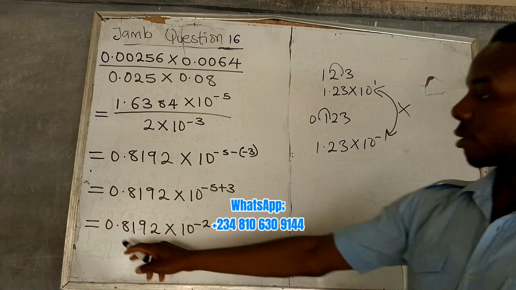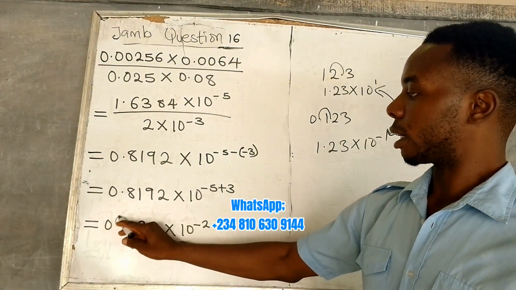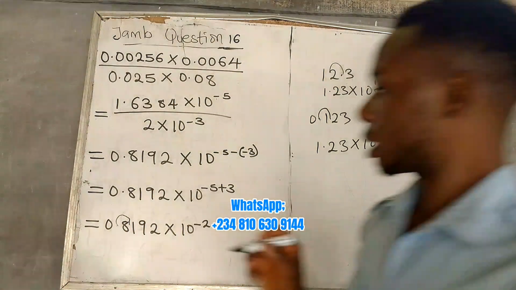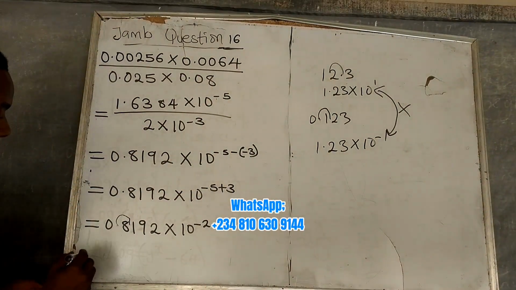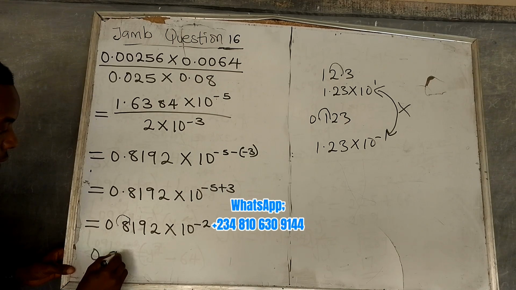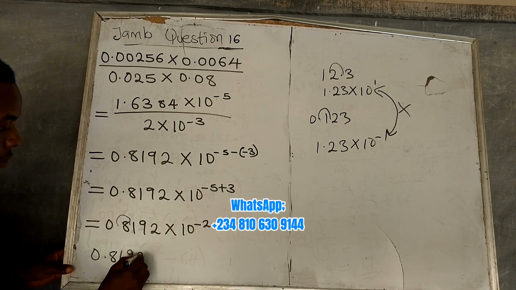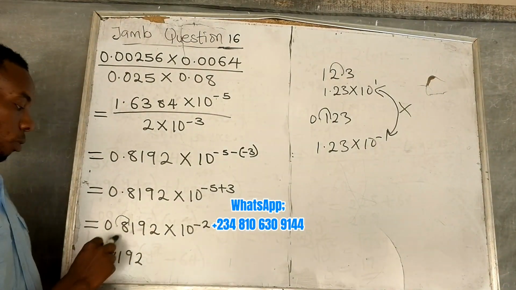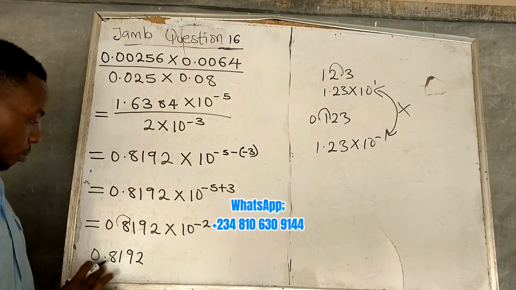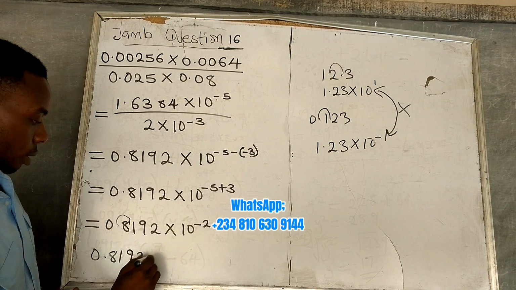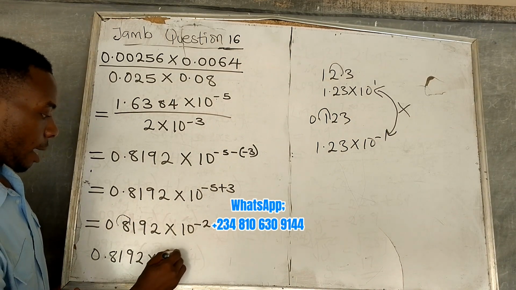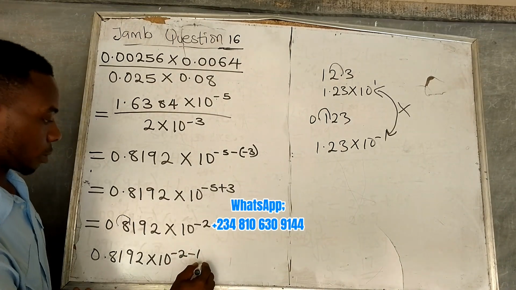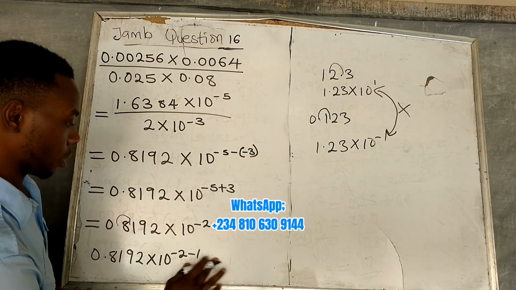So now, applying this to our answer, you just move this point once. That will be the power of minus. So 0.8192 times 10 to the power of minus 2. Because this moved just one time, it is going to be minus 1, which will be equal to,